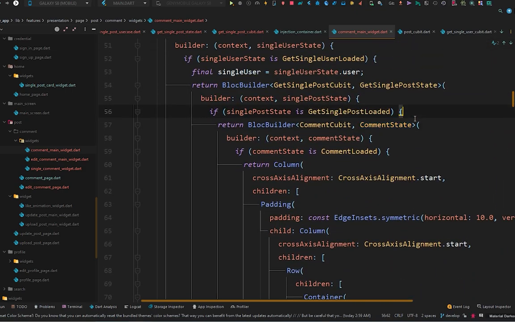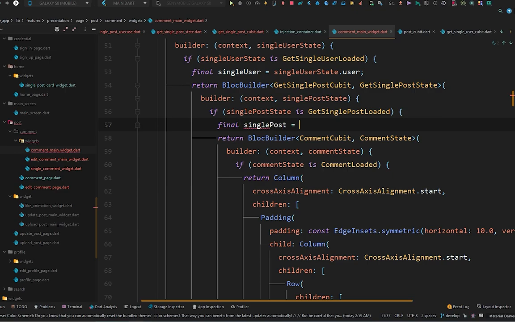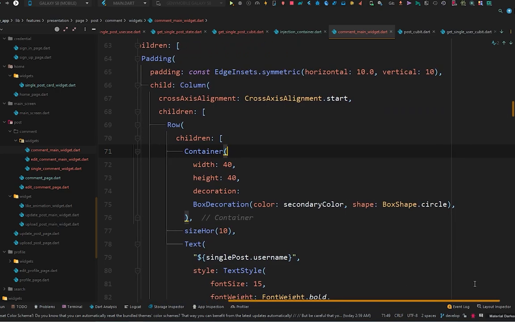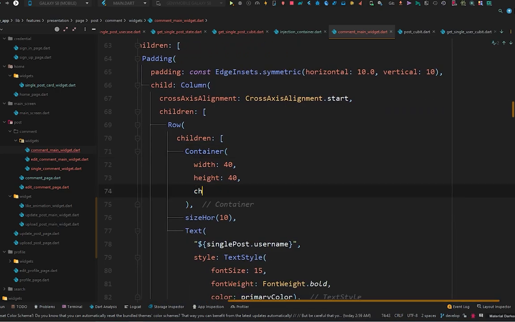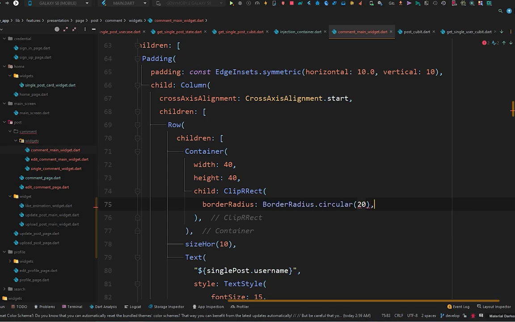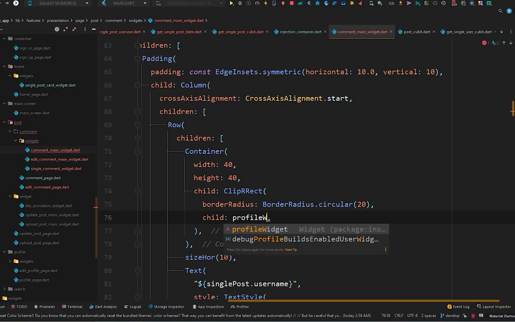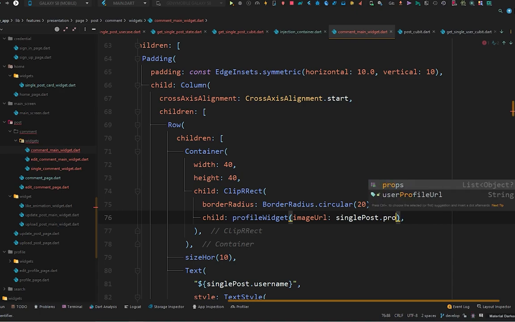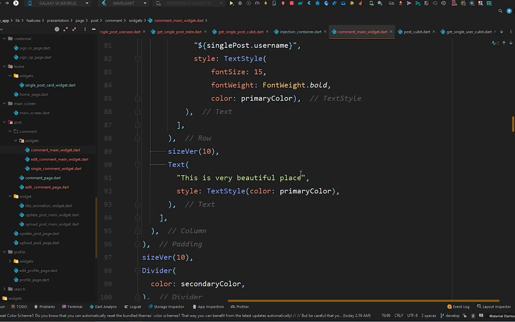Now we are on the loaded state of the get single post. So from this we will do final single post equal to single post state dot post, and this data will come from the single post dot username, and this container, let's remove this decoration from here. There will be child clip rect and border radius dot circular about 20, and its child will be profile widget, and in the image URL there will be single post dot user profile URL, and also this